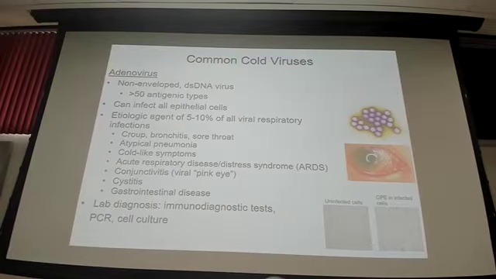Then we finally come across something new and a little different with adenoviruses. First striking thing about adenoviruses is the fact that they're not RNA viruses. This is the only DNA virus on this list of respiratory pathogens that we're talking about. It's also a capsid virus, a non-enveloped capsid virus. So that has implications for transmission and its ability to survive a little bit longer. Many different antigenic types of adenoviruses. That complicates our efforts to design vaccines, and this is one that we have considered heavily for vaccine development because